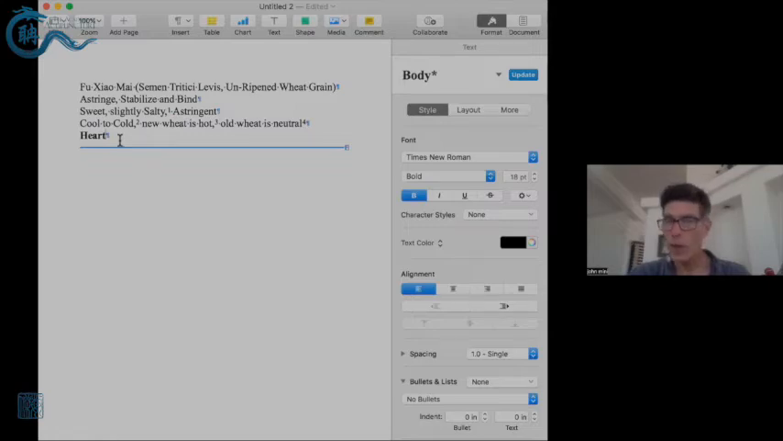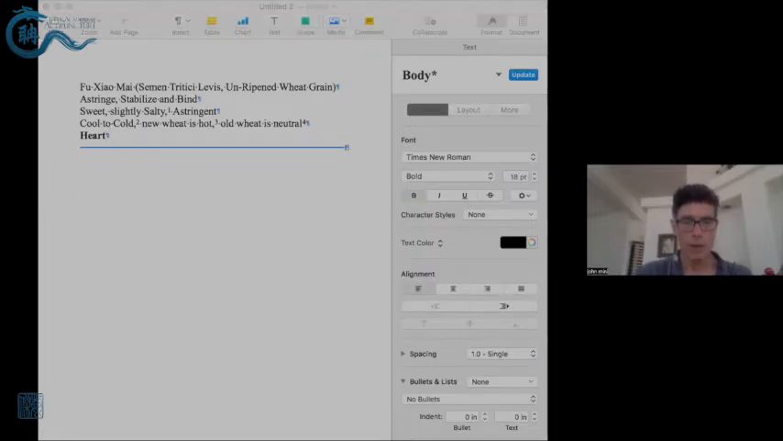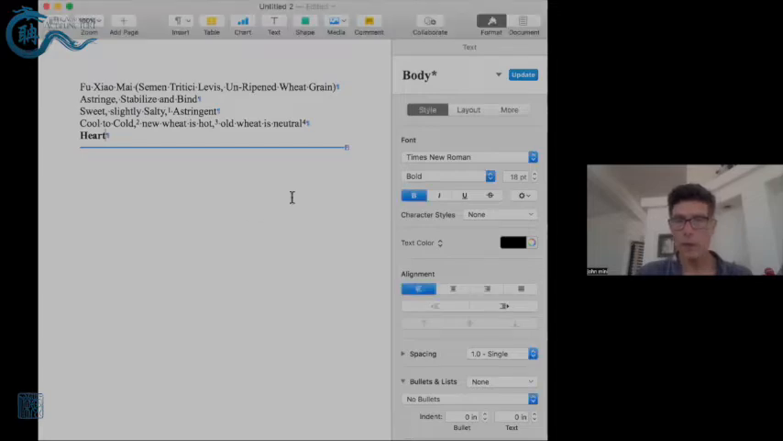But it does go through the heart channel, but probably not going to be what we want. But it does have that saltiness. So it's conceivable we might even wind up using it, especially if we use some of the old wheat kind. All right. And then our last one that we're looking at here